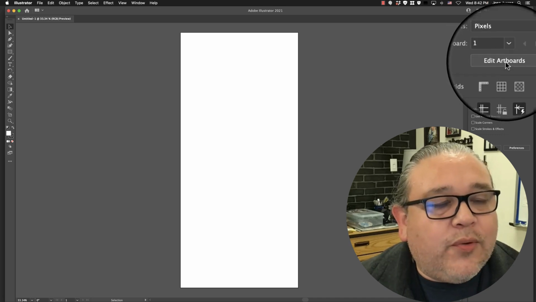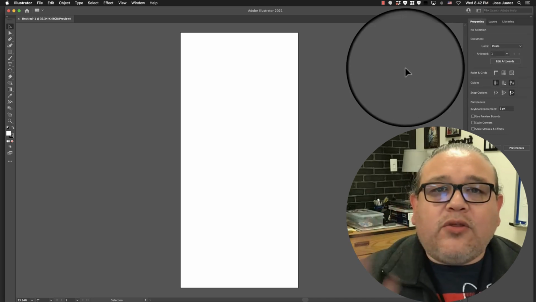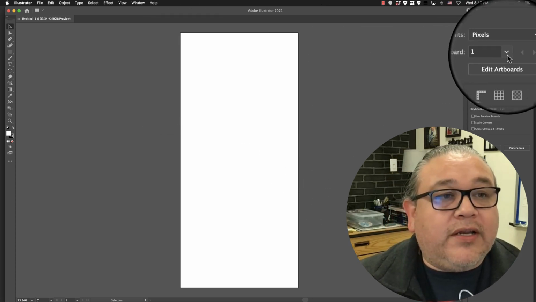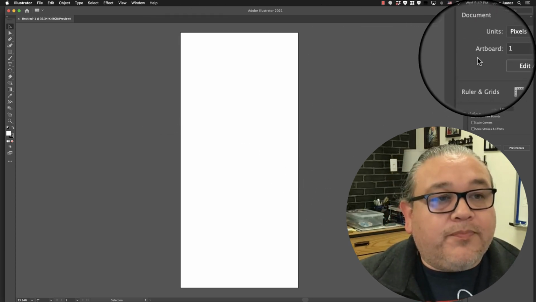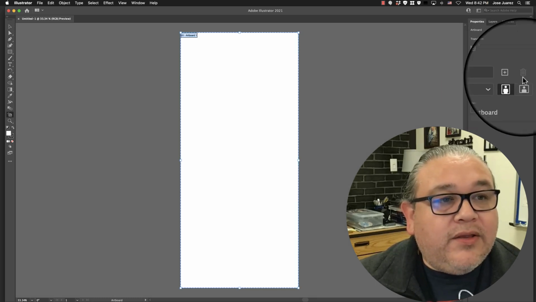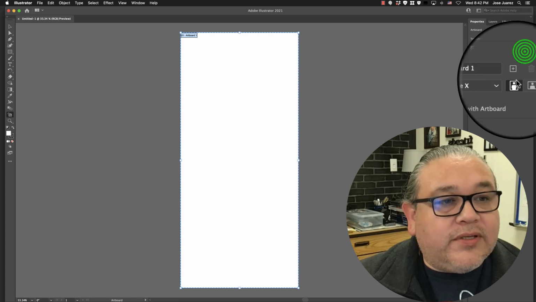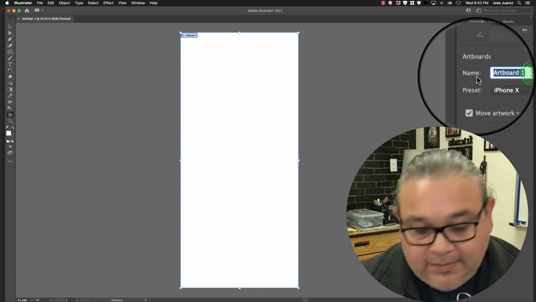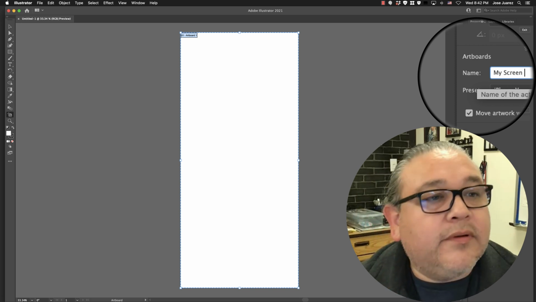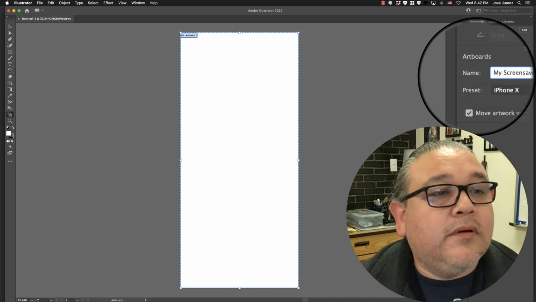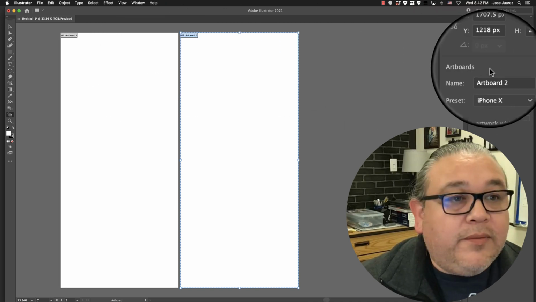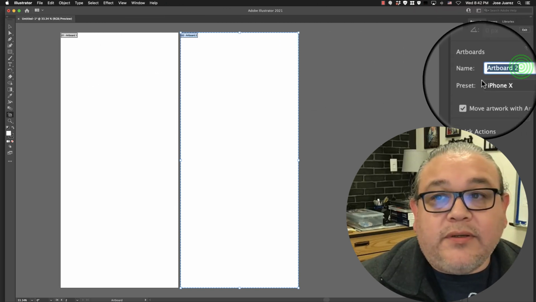And here's where you edit artboards. Now, you're going to create 3 of these, right? So you can go back and then you can open these up, or you can create additional artboards. Here's the artboard here where it says edit artboards right away. You can hit artboards, and then you can hit the little plus sign right here. So artboard 1, I'm going to name this my screensaver. Okay, and then I'll hit the plus sign. There's a second artboard, and I'll name this one